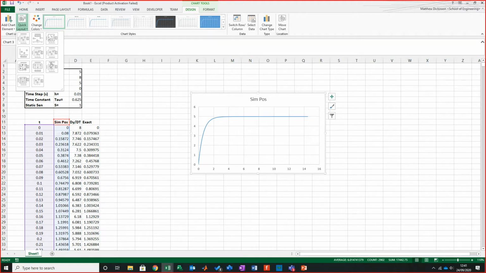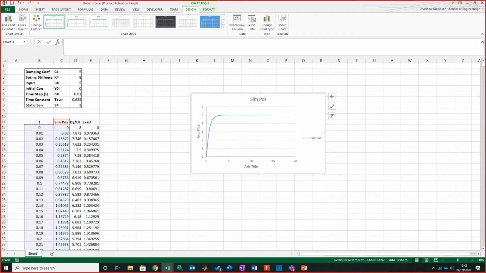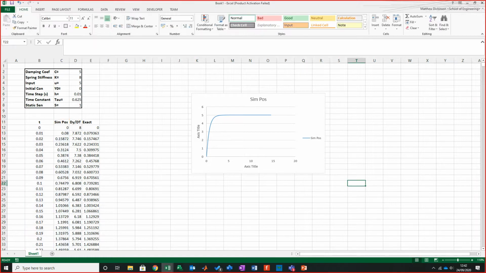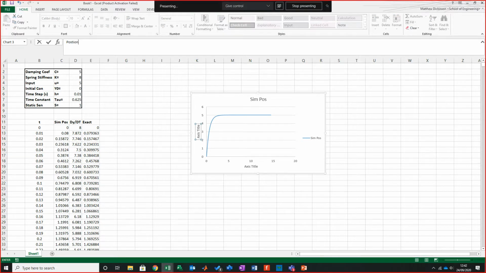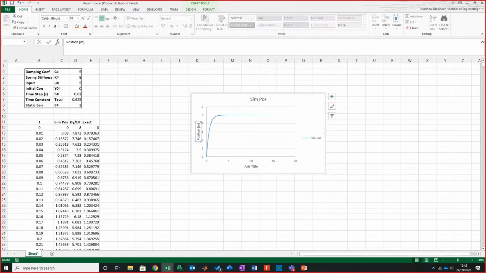I'll probably do a quick layout. Let's have a look. Is that going to be right? I don't need, well, no, I'll leave that in because I'm going to add more in. So this is going to be position. And then this is going to be time,